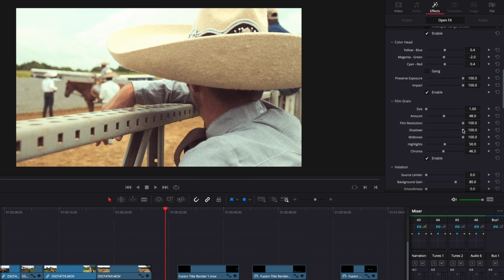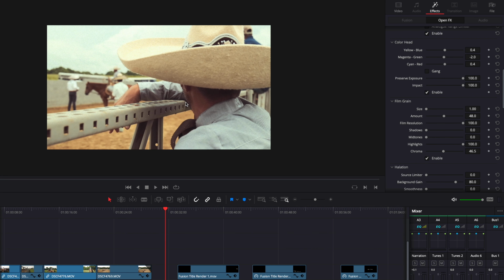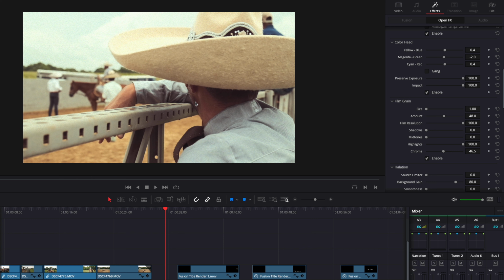Kind of makes it seem like the contrast goes away. Everything that's in the background gets kind of blurred out with the shadows one too. And then you have highlights, which obviously is crazy. So since the image on its own kind of looked a little bit blown out, I'm gonna bring more grain into the highlights. It gives me a little more clarity around the brim of his hat. Bring it down in the shadows, down in the midtones, and that looks really, really cool to me, because this